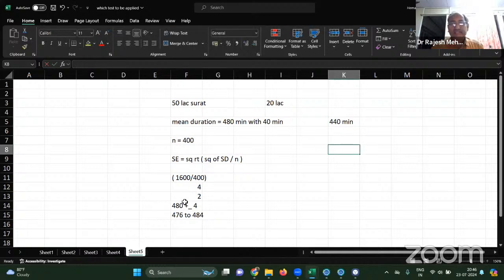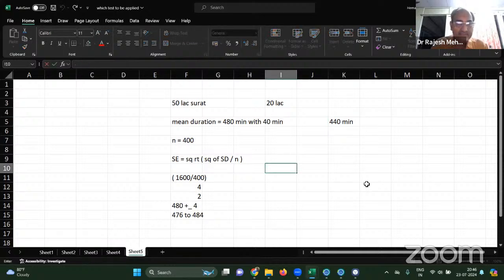Then the answer is that in your sample it is 480, while the population is 440. That means your sample is not representative of the Surat population. So I end all three types of Z over here. In terms of Z, suppose Z is equal to population mean 440, your sample mean is 480,